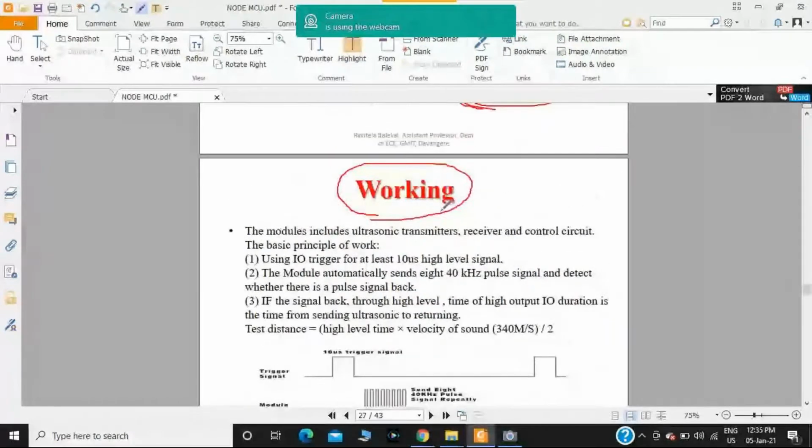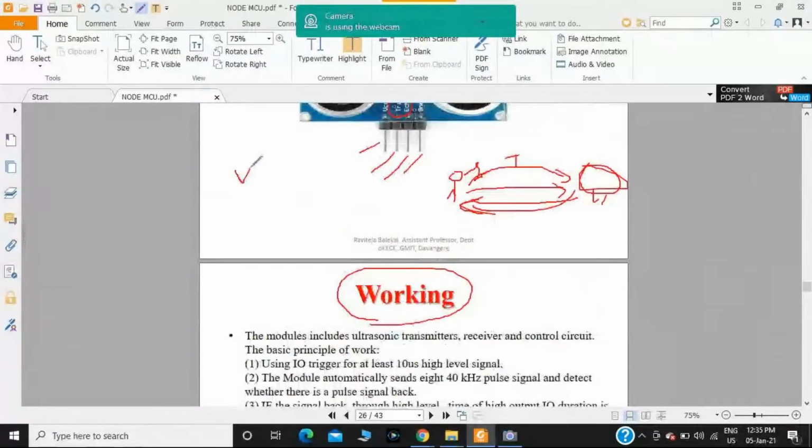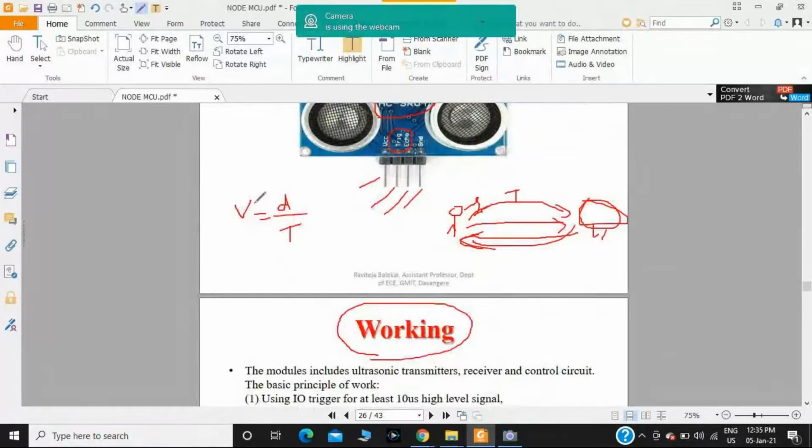As you know, velocity is given by distance divided by the time taken. The velocity of sound is 340 meters per second. Then, with the help of this sensor, I should measure the round trip time, the time taken by the sound wave moving from the sensor to the object and back.